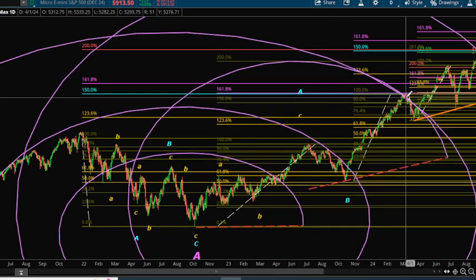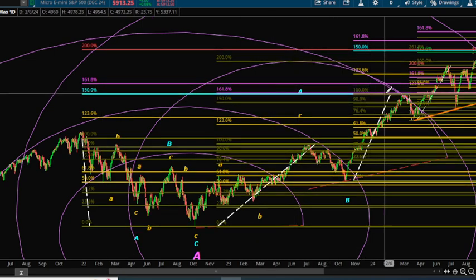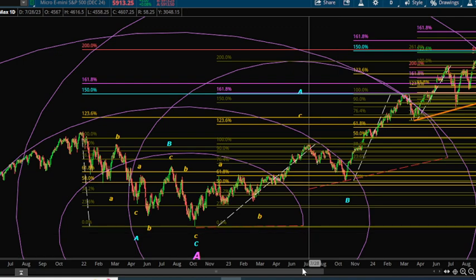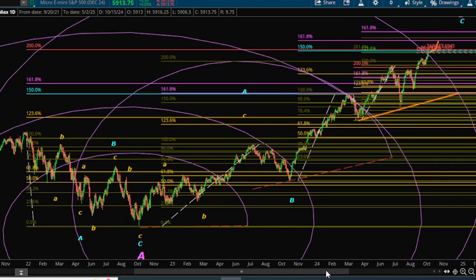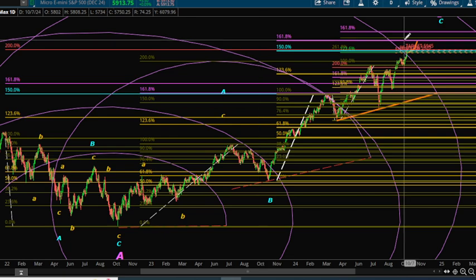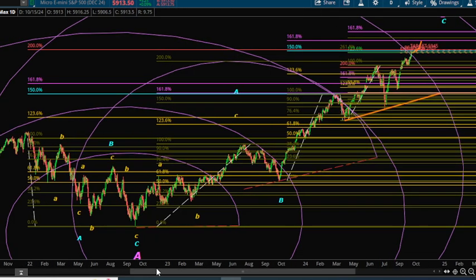But what I'm getting at is we got to write down the 150, how it reacted with this 161. So it'll help us in predicting these final moves on this grand supercycle B wave up. So we measured, let's backtrack a little bit. So we measured this wave A, we measured this lower degree A here in the B, and now we need to measure this